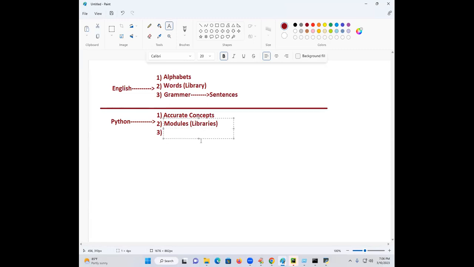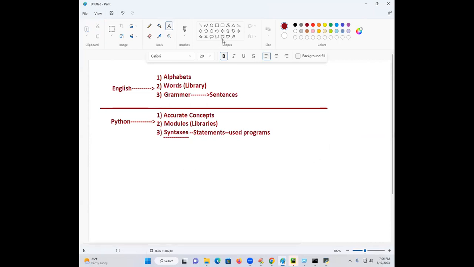Now coming to what? Third. What is the third one? You need to learn. In English, if it is that, we need to learn what? Grammar. But if it is that, you need to learn what? Syntaxes. This is the word I like it today. These syntaxes are required for preparation of what? Statements used in where? Programs. Why programs are required? For solving of my real-time problems. I need to develop the programs.